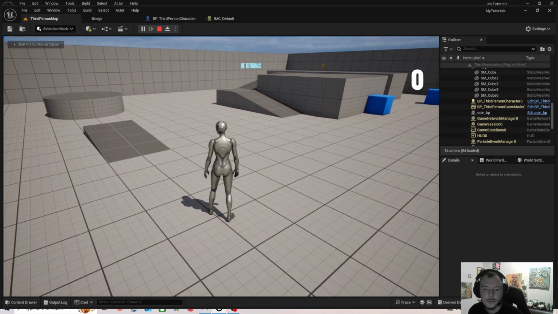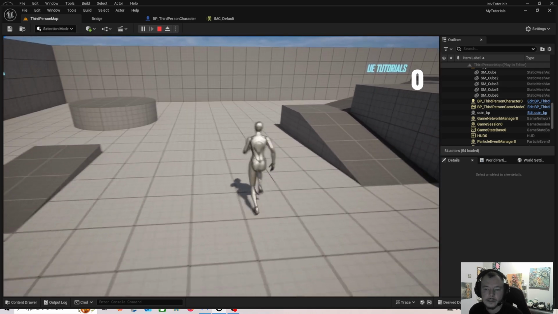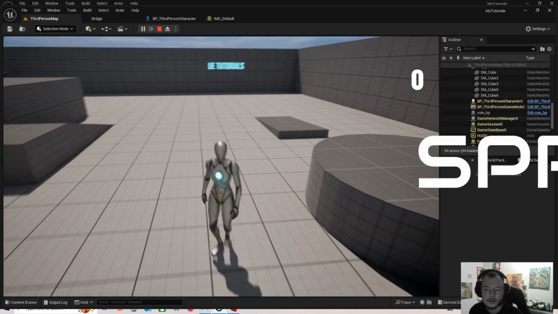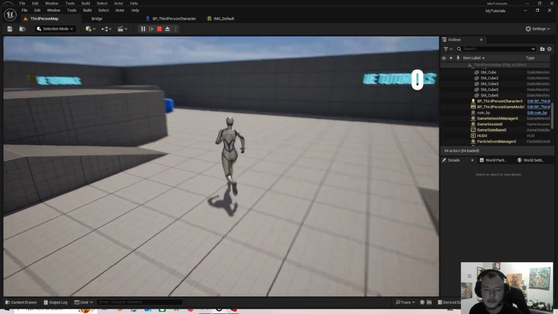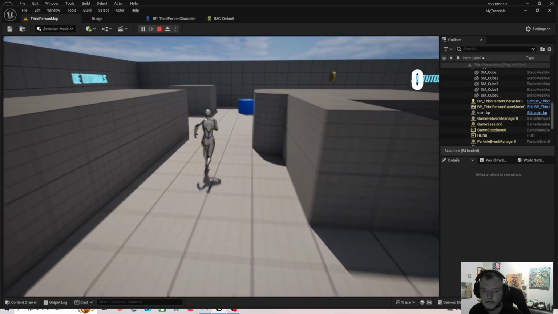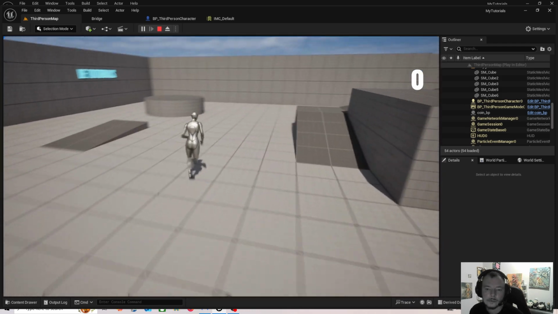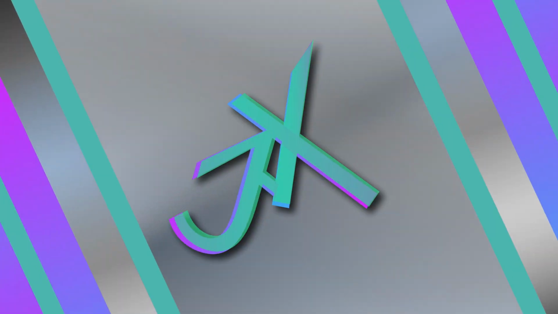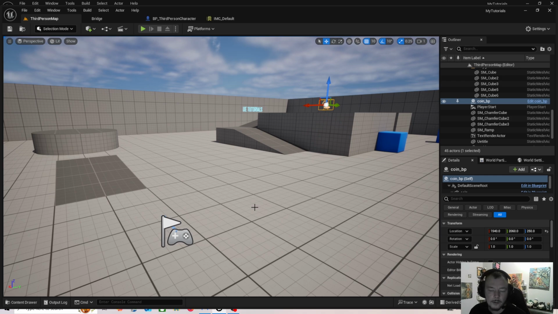In today's tutorial, I'm going to show you how to do a very simple sprint. So you can press left, so your player's running this speed, and when you press left shift, you run this fast. It's very simple, so I'll show you how to do it. We only really need one thing for, well, we need a couple of things, but what we need to do,